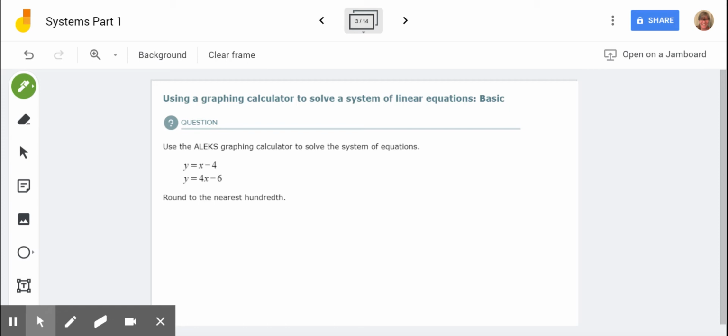Yikes, what did I just do? I don't want to do that. I don't know why I did that. Okay, if you look at the problem, it says round to the nearest hundredth. So it would be 0.67, and then y would be, what was,